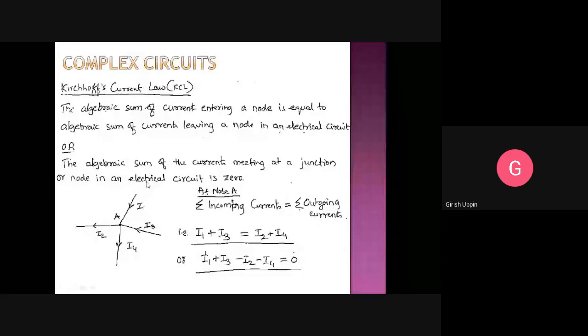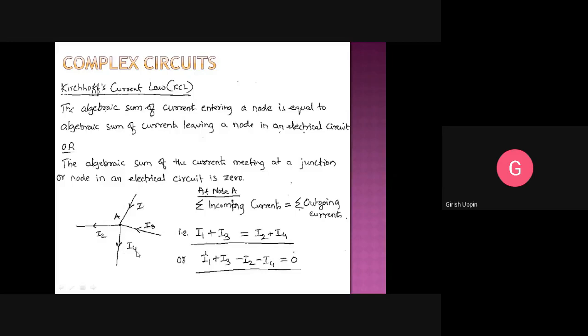So always remember, there is a convention followed for this. When you are using this, you have to assign a sign for the incoming. Let us say, with respect to this, all the incoming currents are positive. Okay, this is 5 amperes and this is 5 amperes. So this is plus 5 amperes, this is also plus 5 amperes, and the outgoing will be represented with a negative. This is minus 6 amperes and minus 2 amperes. Okay, that is how we get the sum of all the currents equal to 0.